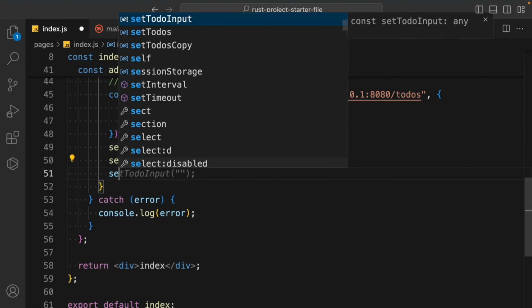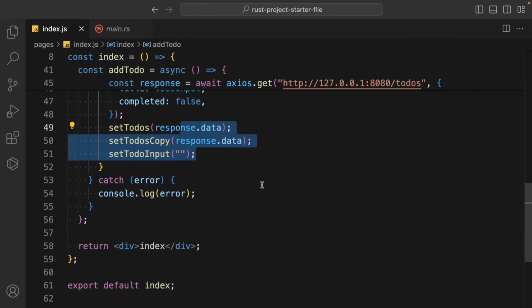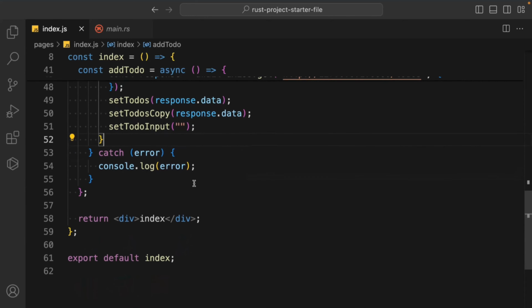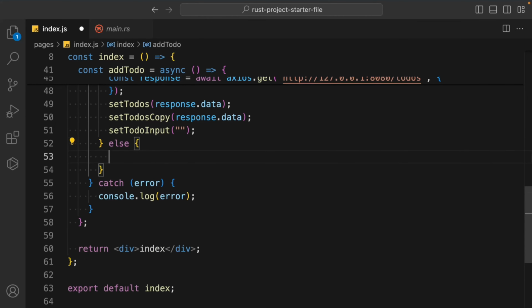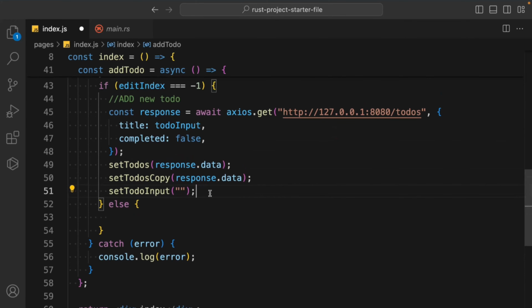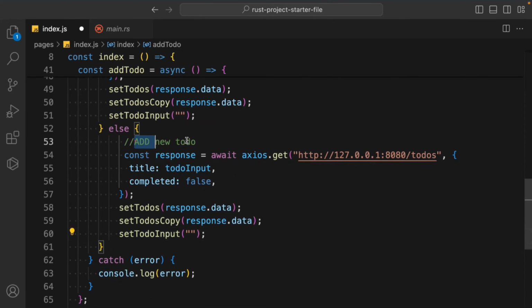Now we can come back here, simply call setTodoInput to be an empty string, and that's the one function for creating a new todo. Now we have to work on the else branch, which is going to handle the updating of the todo. In that we're going to take this copy, paste here, and simply change this to